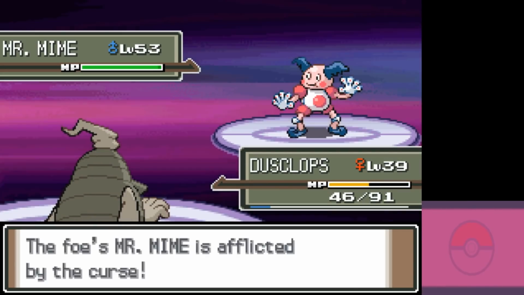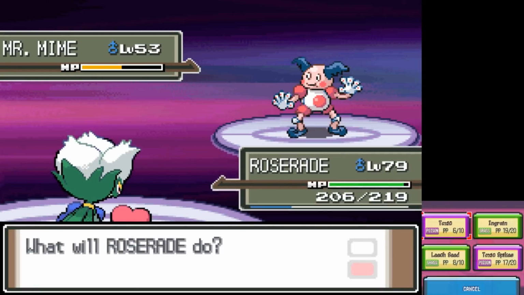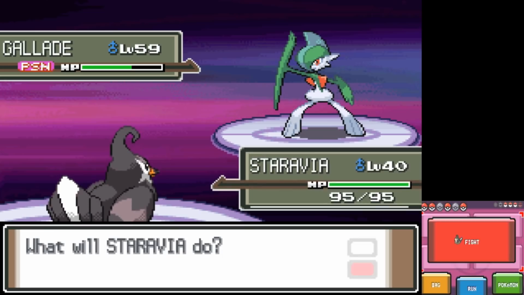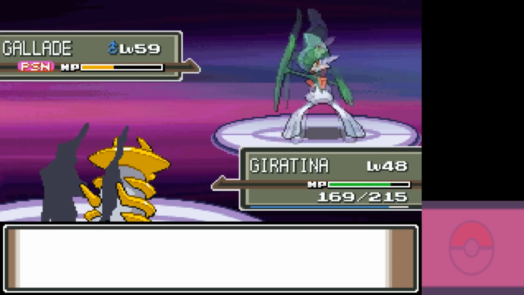I start off, obviously, using Curse on his Mr. Mime to guarantee the KO. It does use Reflect on the first turn, so it's pretty free. And I could bring out Dusclops one more time, maybe get a Martyr on the Pokemon. Anyways, we send our Roseberry, and then do the same thing, Toxic Spikes to the floor, and everything's basically toxic